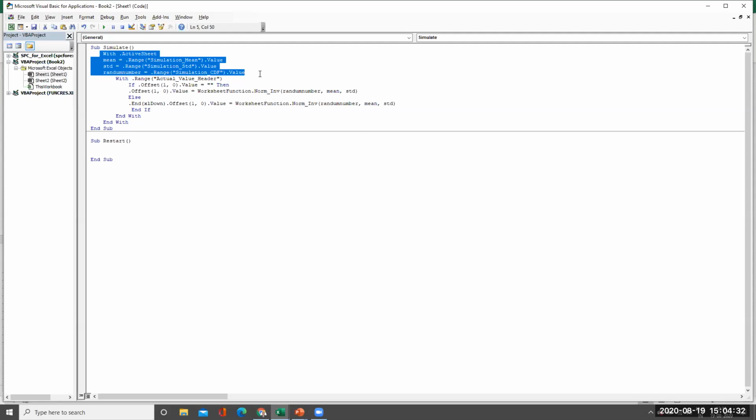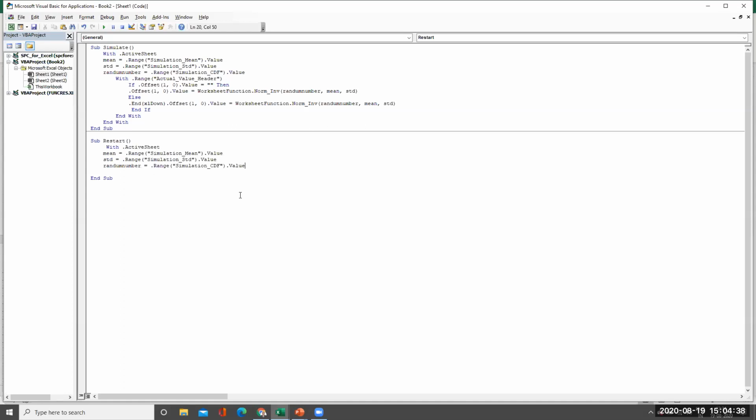I'll select this definition, Control C, Control V here. Now I will clear all the contents. First, I will make a first cell reference. First underscore cell underscore reference. I'll define a variable, first cell reference. What is this first cell reference? Dot Range.